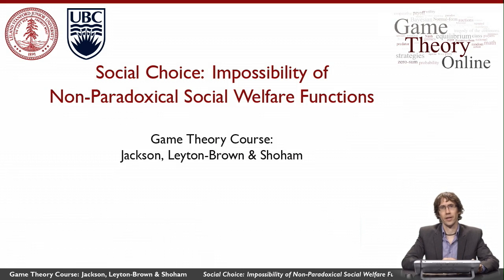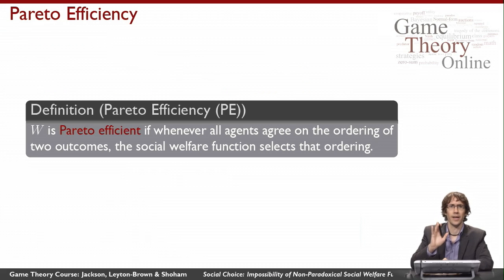A social welfare function is a voting rule where every agent tells me a set of preferences. So it gives me a total ordering over all of the choices that we have to make, over all of the candidates. And getting this whole set of different rankings from all of the different agents, the social welfare function gives me back a single ranking, which is the social choice. So think about voting over a set of candidates. Everyone has preferences over all the candidates that we're going to vote over, and I get back a single ranking that is the kind of aggregate ranking for all the agents.